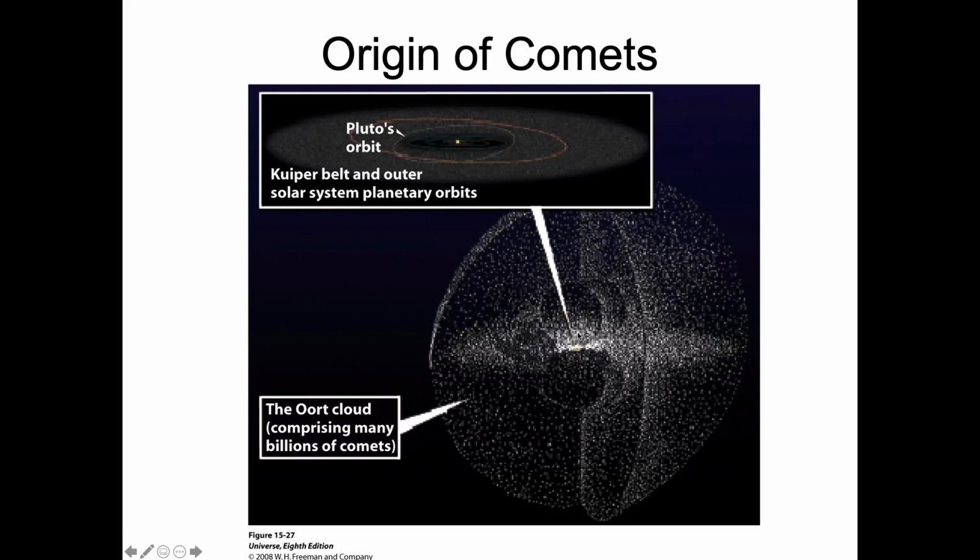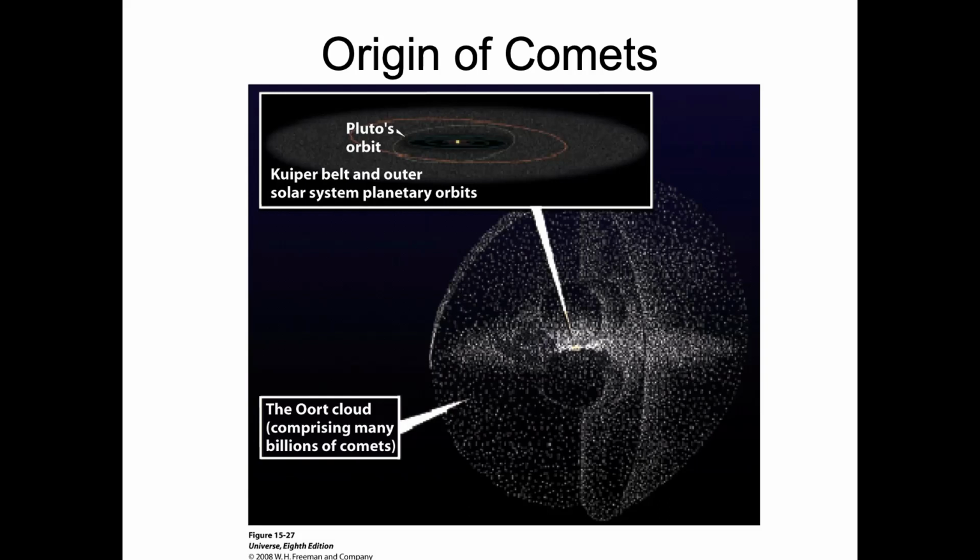But then there's something called the Oort cloud, which is about 50,000 astronomical units across and has billions of comets in an almost spherical shell around the solar system. That's where most comets are. If you're wondering why we have these comets in a giant spherical shell around the solar system, how is it that we can see any stars beyond our solar system?